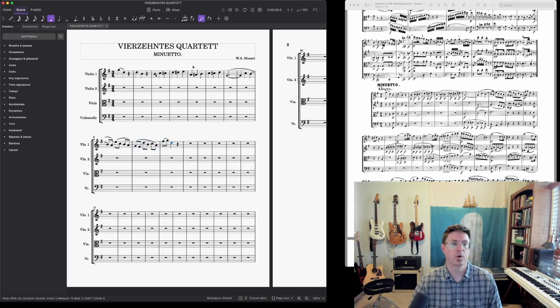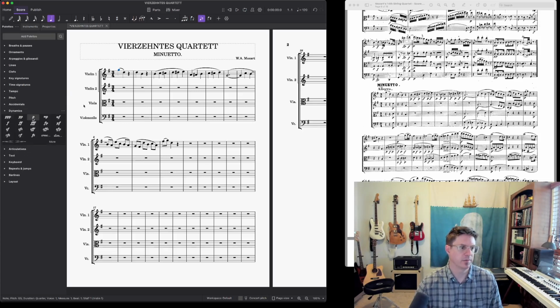And now a quick way to deal with dynamics. This piece uses a lot of back and forth dynamics. You can see that right here: piano, forte, etc. There's a much faster way to do this than to come over here to dynamics and click them in. What I've found is if I click them in first, just a couple of them, so that I have the variations I need, and then I'm just going to copy, for Mac Command C, for PC Control C, and then I'm just going to click each note I want the forte on